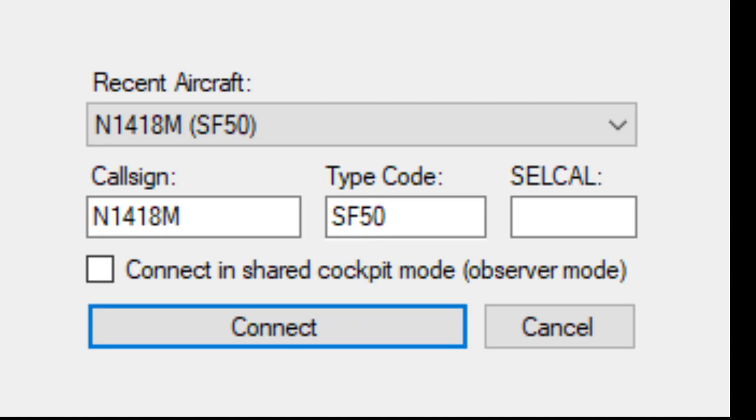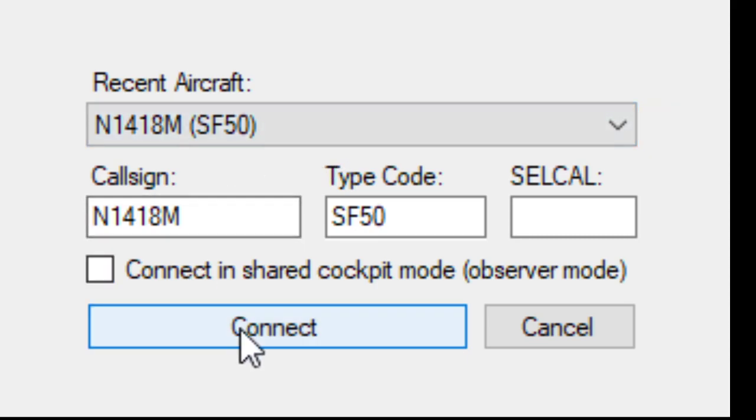That kind of is a hit or miss. I don't actually know how to determine what the SELCAL should be, but after you put in that information,